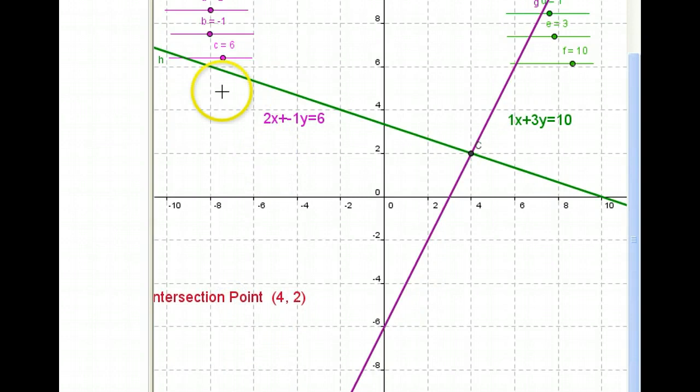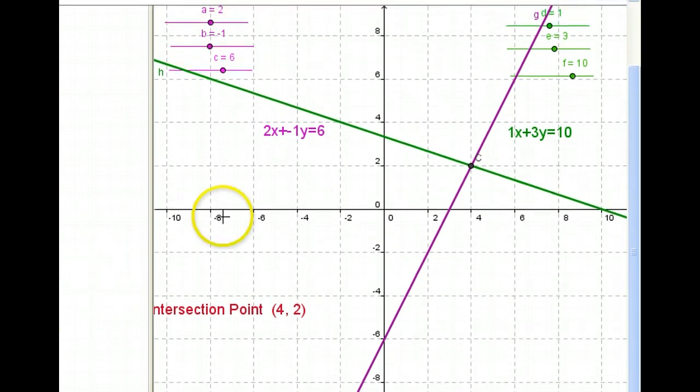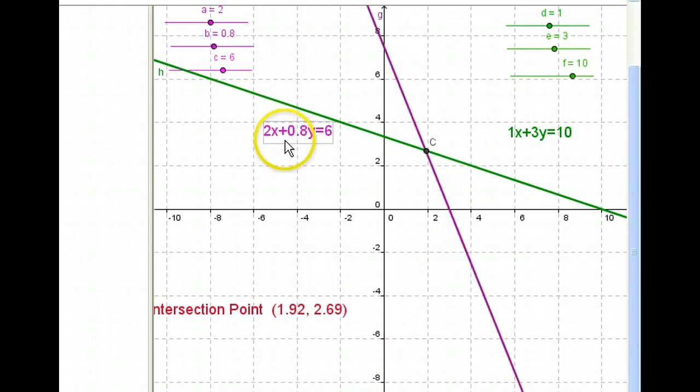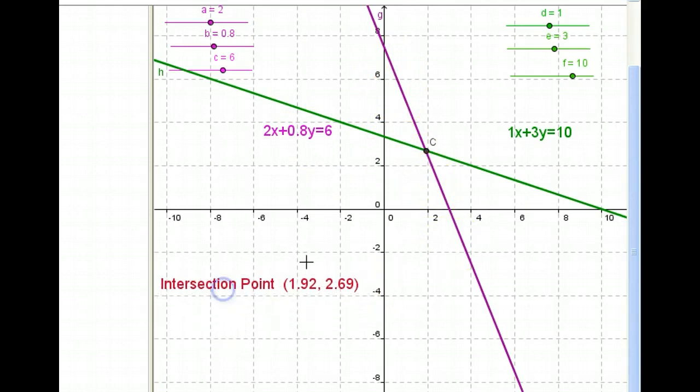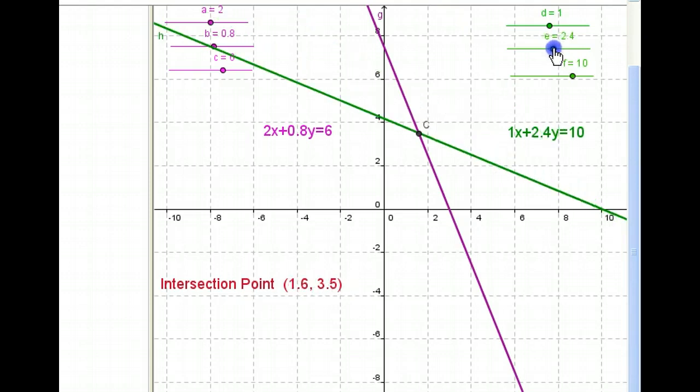The first equation is shown in green, and the graph of the other equation is shown by the purple line. Essentially, you can vary the coefficients of the equation, and when you do, the equation changes here, and the graph of the equation also changes. The intersection point for the two lines is automatically shown here. By changing these parameters, you will find